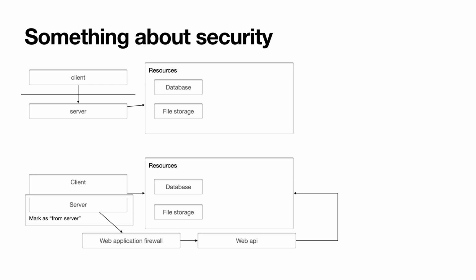The web application firewall will check if the source IP of the sender matches any IP in the IP set you set up, then pass the request to the web API or drop it. The web API will get the resource for the server. If a client or hacker tries to get the data, the web application firewall will block it. It's what I used in an earlier video tutorial.